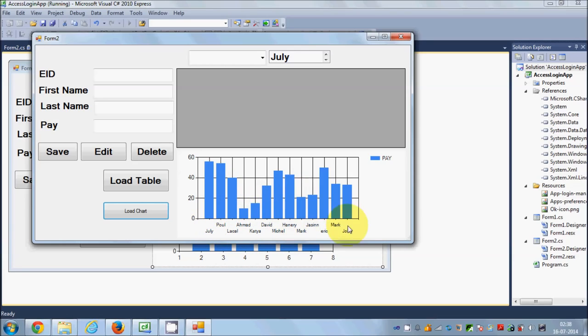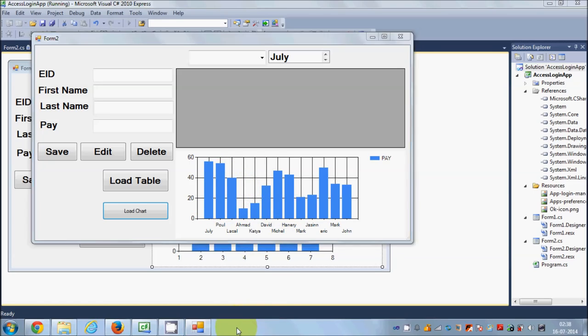So in this way, you can even play with the properties, and you can even change the chart color, background color, grid. There are many properties you can play with and customize your chart. So I hope you have understood the basic concept of how you can load charts